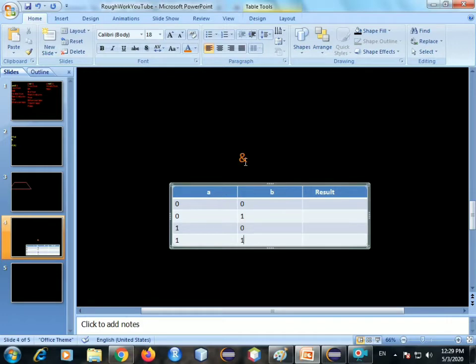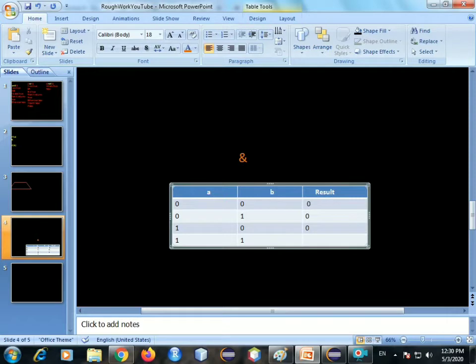Here it's basically dealing with binary values. It's the same concept that we learned previously. If both of them are false, ampersand, that is bitwise AND, results in false. If only one of them is true, that is either a is true and b is false, or a is false and b is true, it still gives a 0, that is, it still gives a false.